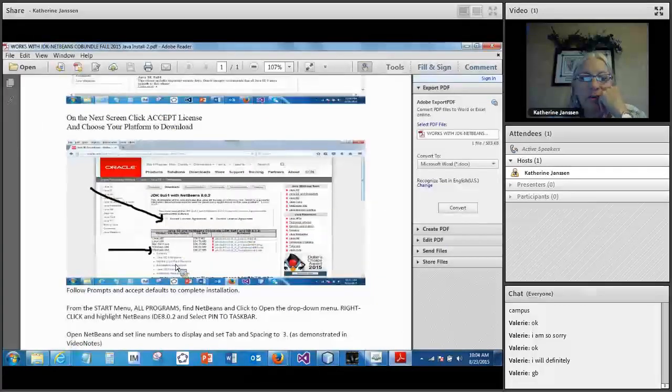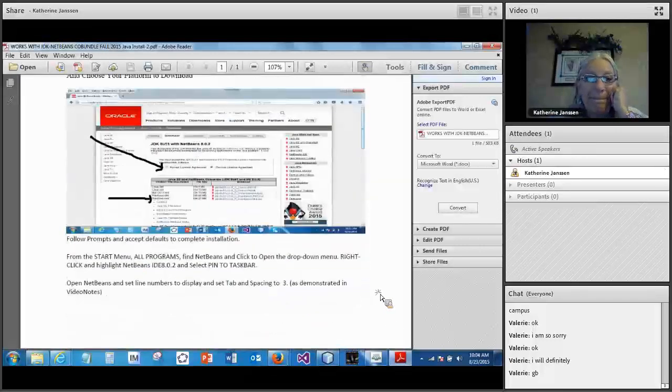And then choose the Windows platform or the platform you're using. After complete installation, accepting default prompts, you can open NetBeans, and from the Start menu, all programs find NetBeans, and